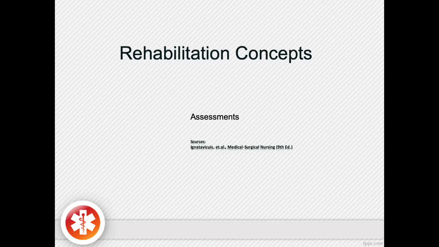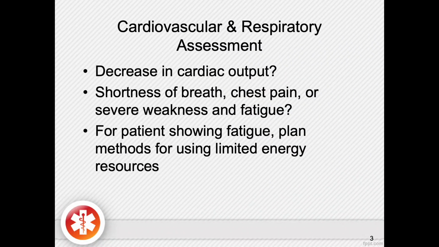So it is very important, particularly upon admission to the rehabilitation program, that the registered nurse perform a thorough, comprehensive assessment, which includes a cardiovascular and respiratory assessment. The nurse should look for signs and symptoms associated with a decrease in cardiac output. Are there signs of shortness of breath, chest pain, or severe weakness and fatigue? For a patient showing fatigue, you should plan methods for using limited energy resources, that is, things like pacing and